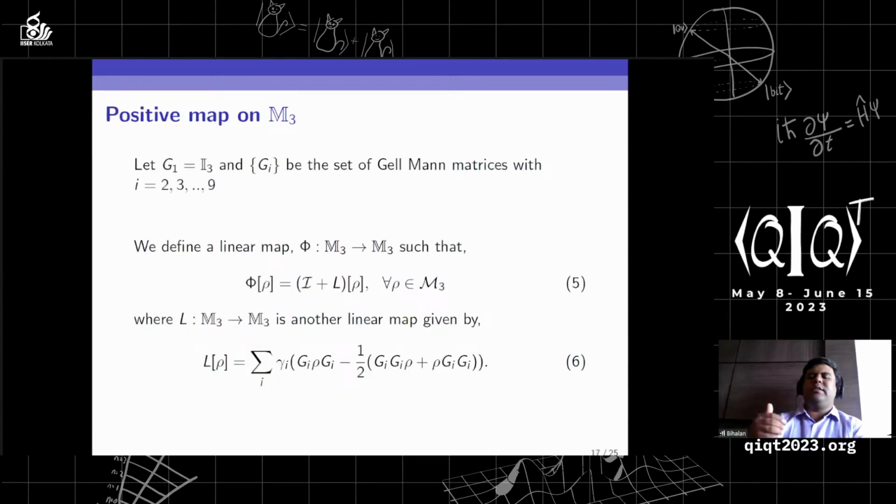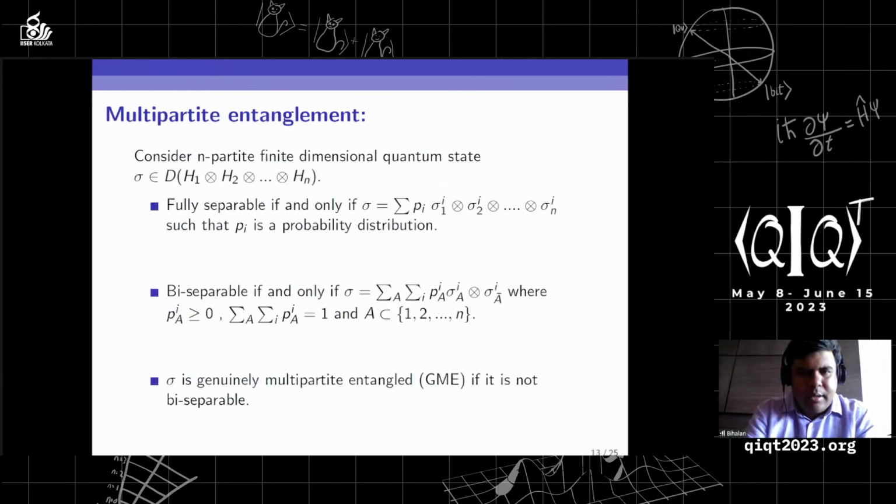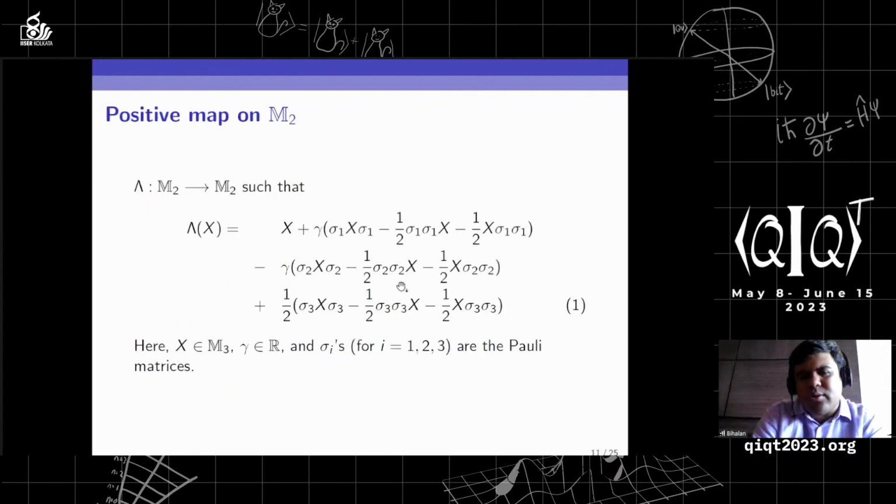Now we move to the positive map on M3. That is the last part of our discussion. Our idea is to construct a new positive map. Can we construct this new positive map from the Lindblad structure? The Lindblad form, as you have heard in the previous talk as well, is very important in the study of non-Markovianity or Markovianity of the dynamics of open quantum systems, but it also has a nice mathematical structure. So if we go back a little, I'm sorry I forgot to tell you that this is also motivated